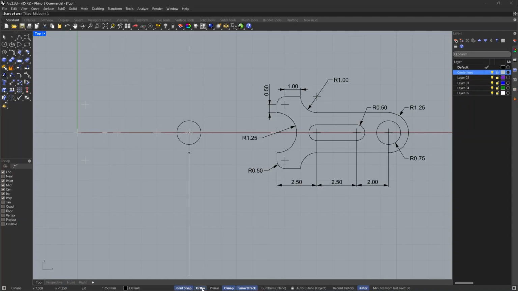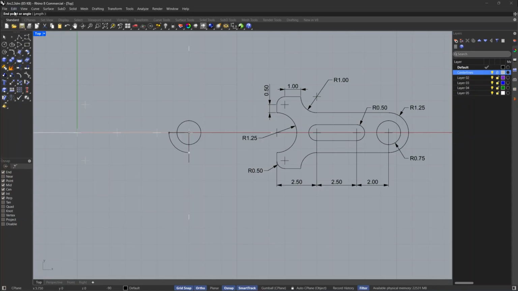Toggle ortho on, make sure it's on. If it isn't, you can click directly in the status bar to toggle ortho on or off. Once you have ortho on, drag in the straight down direction and click.